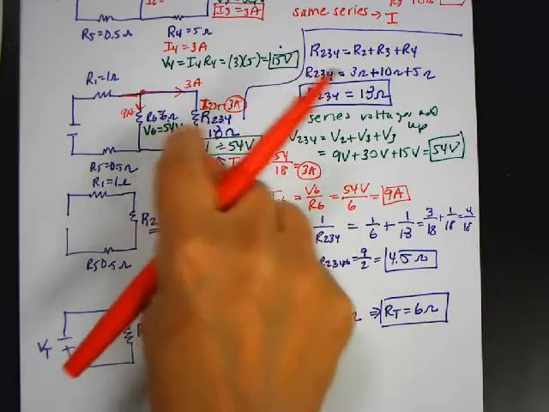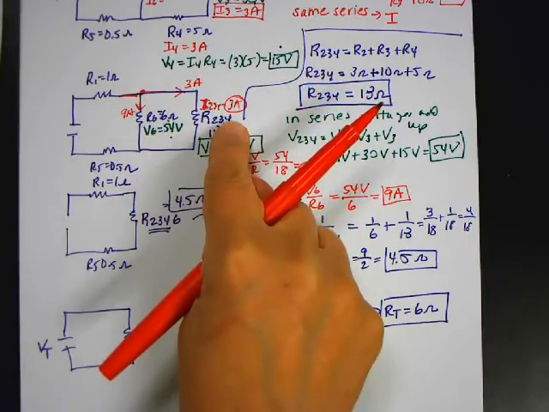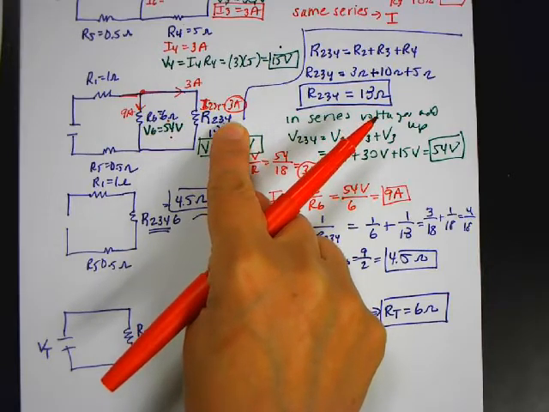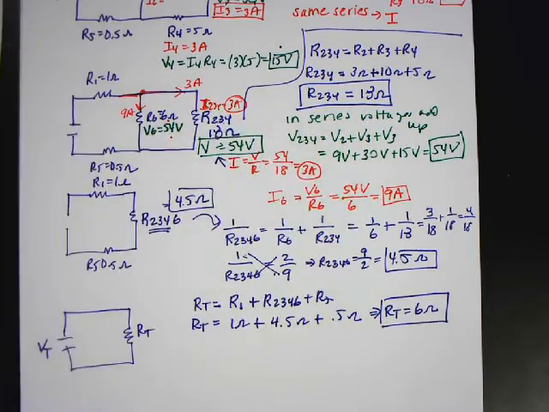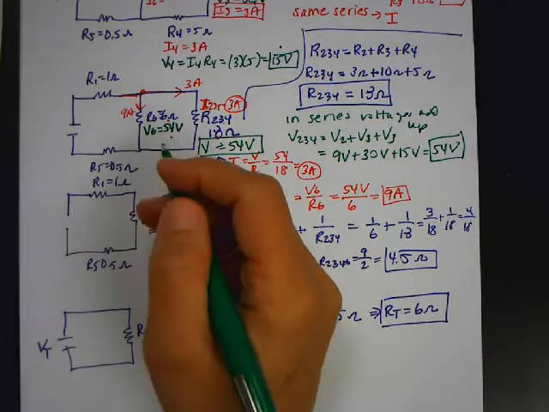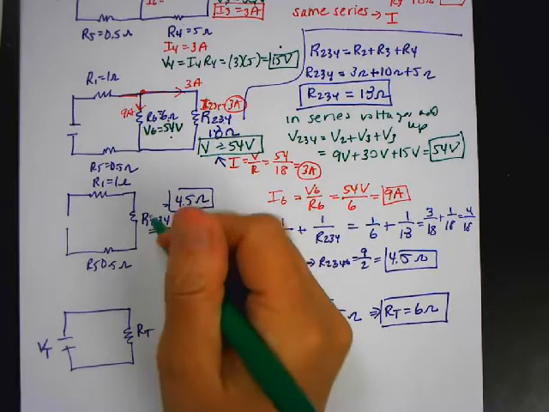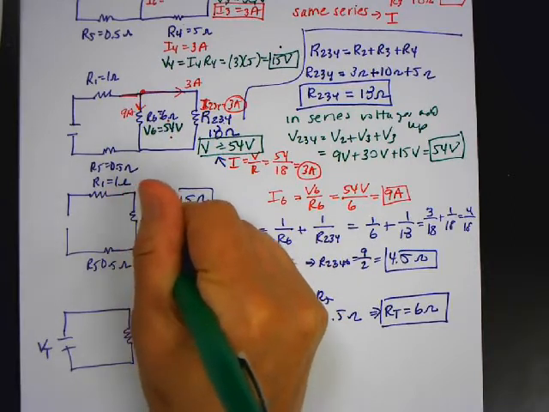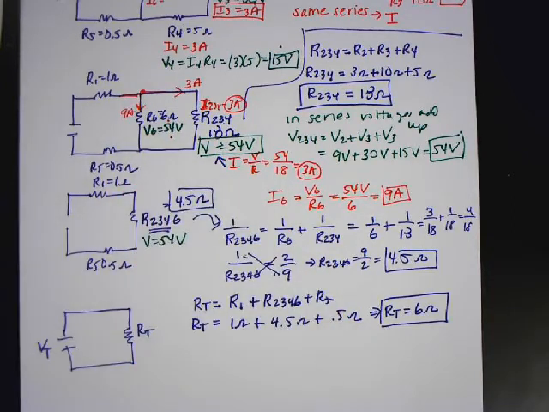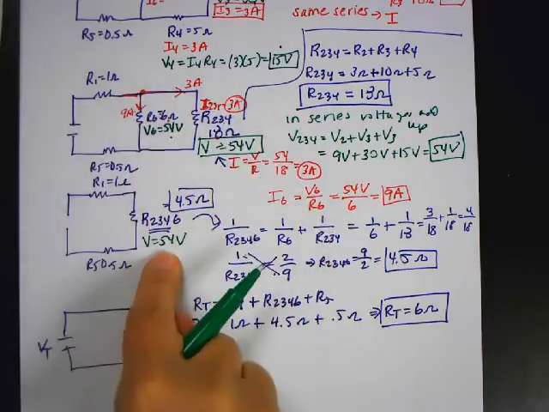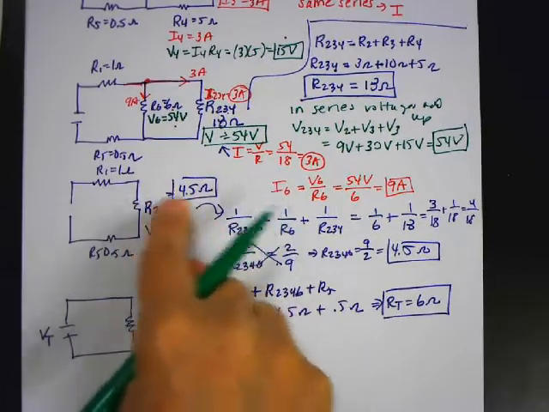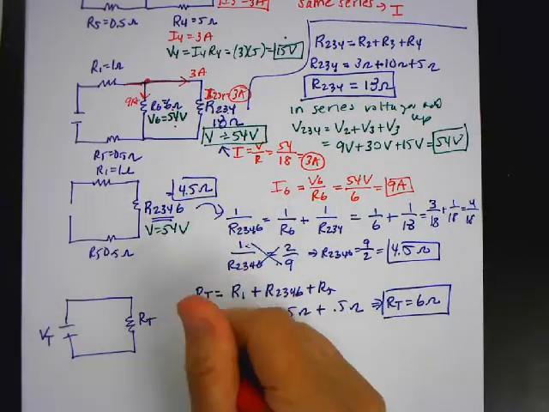Now, how did I add these two? These two were what and what? They were in parallel. So you know what? In parallel, I know voltage is the same. So I just want to show you another way. So I know that the voltage going across R2346 also has to be 54, right? Because in parallel, the voltage is the same. So if I just did this little branch here, and I said